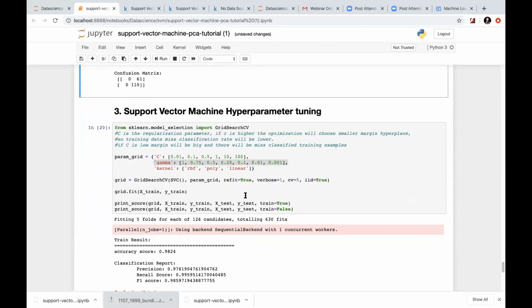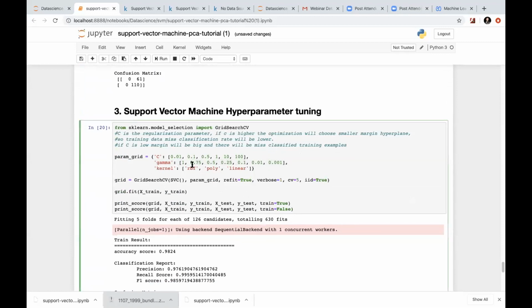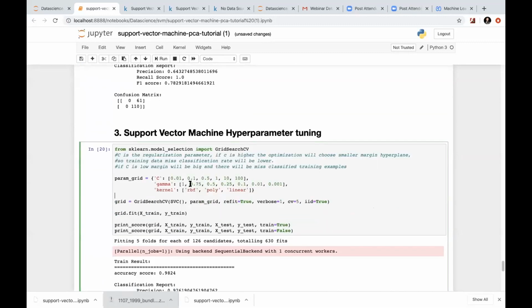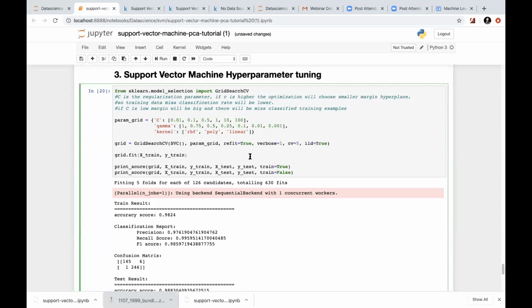Now let's see the hyperparameter tuning. If you don't know much about these parameters, what gamma to choose, what kernel to choose, or what should be the optimal value of C for the regularization, what you can do is import grid search from sklearn model selection, and assign some values to it. I have taken 6 values here, and in gamma also I have taken some values, and in kernel there can be only 3 possible values. So grid search will apply every combination here.